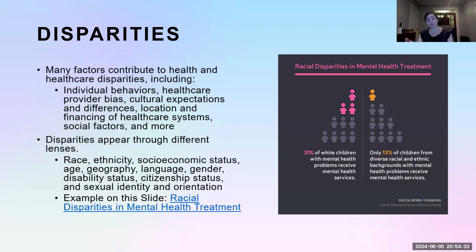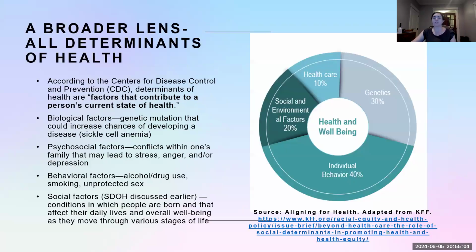And I want to say that's not acceptable. As someone who's worked with pediatric mental health, and my husband's worked with pediatric mental health, that is not acceptable, 31%. But it is even more startling that only 13% of children from diverse racial and ethnic backgrounds, right? When you think two or more races, when you think Latinx or Black, 13%. That is atrocious. The idea that 87% of those children are living without services. That's an example of a health care disparity, right? Access to care.